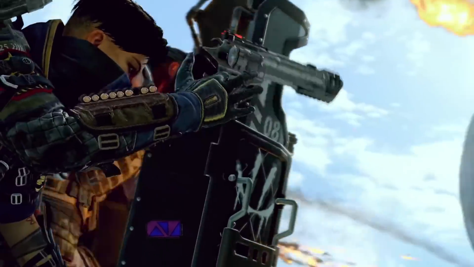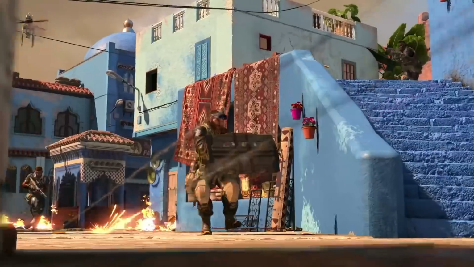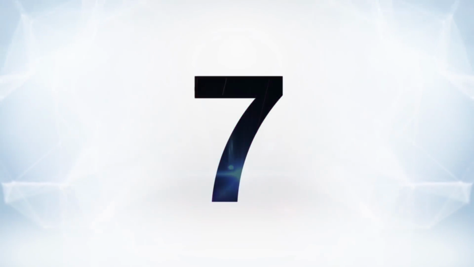No matter what you're doing, your gun will always be up and ready to fire, which does change the pace of the game just a little bit and makes it a little bit more fast-paced. This, mixed with some of the other smaller changes, may do more than we think to change up the Call of Duty multiplayer formula. And at number 7, while we're on the topic of some of these small subtle changes,